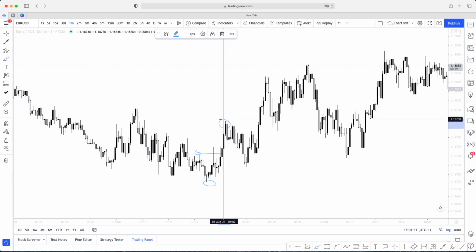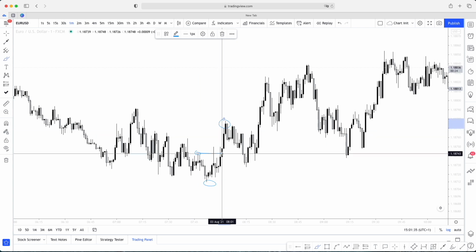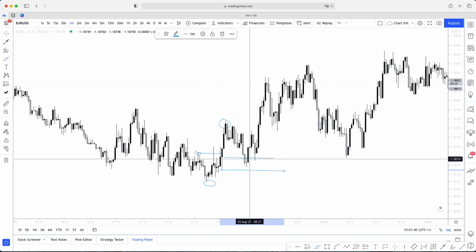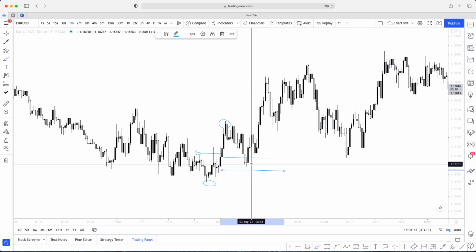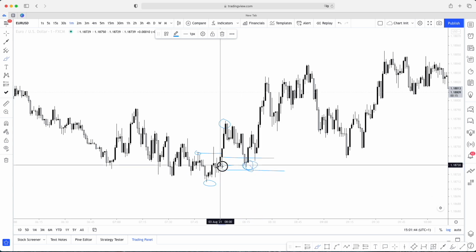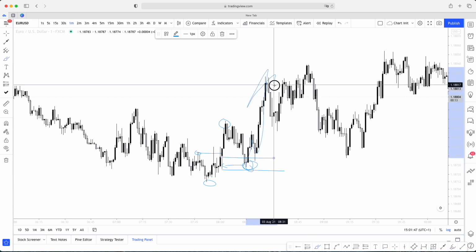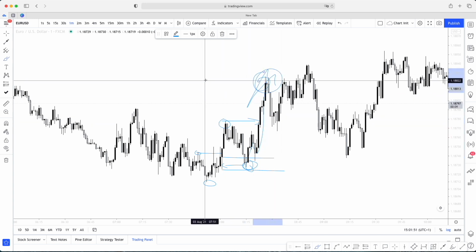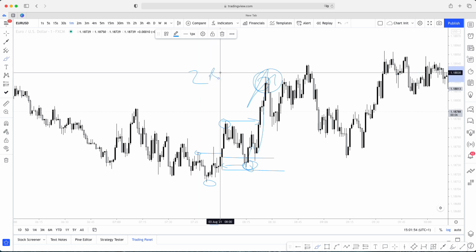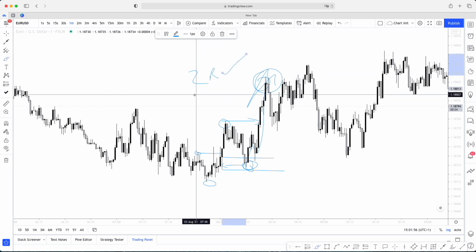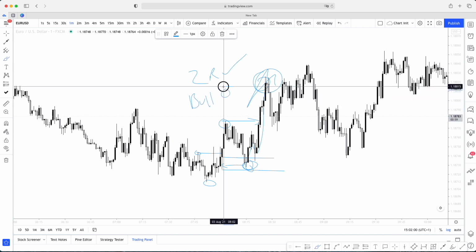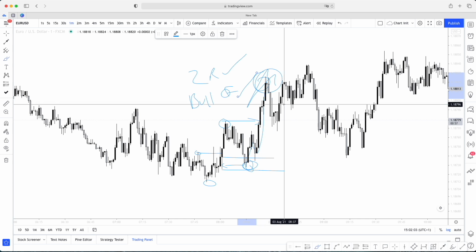Okay, and we have the high which got broken. So this is your intent, right? That's your intent. And now in this case, we look for our POI. That wick is obviously our strong POI, it's a wick trick, and we see if there's a reaction or not. And what we see is we have a mitigation of that POI, which then eventually led to the breaker structure. So this breaker structure here, okay, confirms the two rules, okay, and it confirms now bullish order flow. Okay, that's what that confirms.